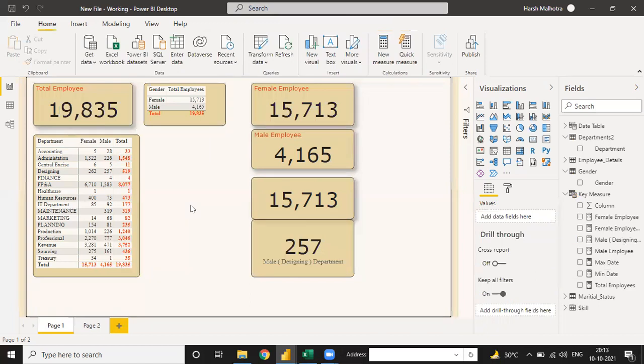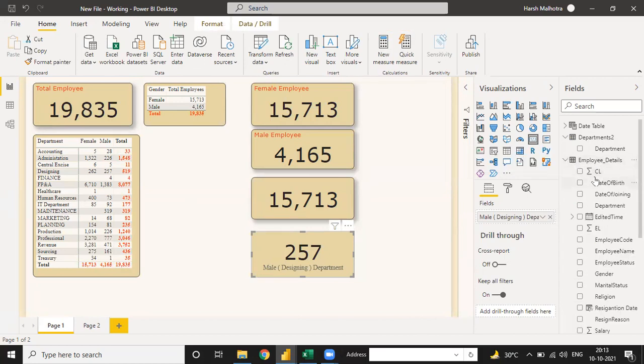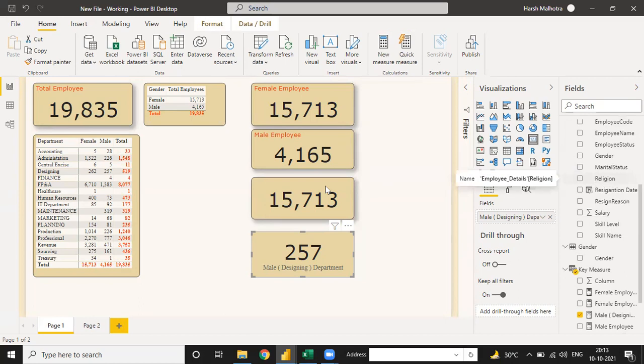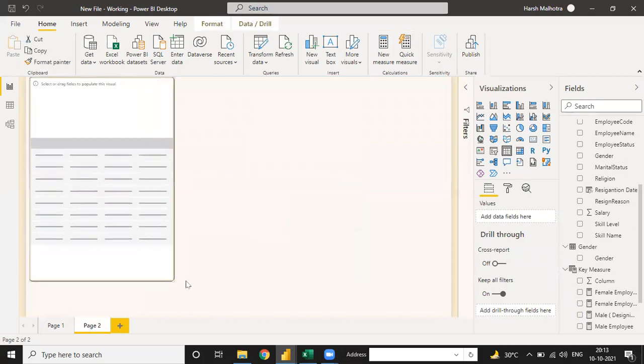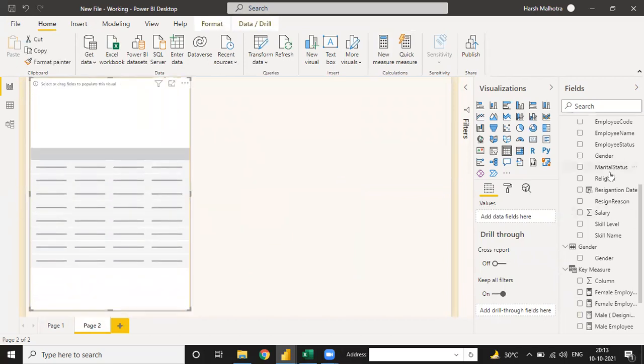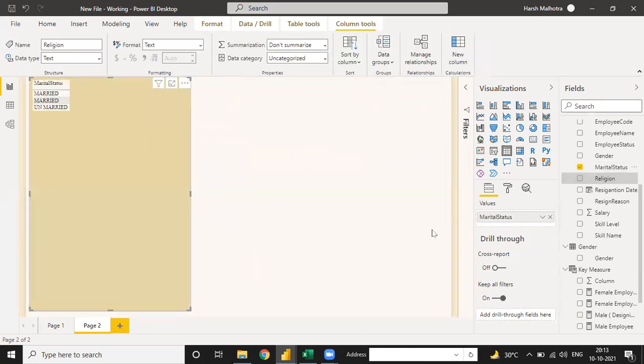Okay, and now what is the next thing? In the same way, suppose we have a department employee detail, with a unique general skill. I'm going to the next page. Go to this table. We are going to use marital status. There is married, unmarried. Actually, there may be a spelling mistake in Excel.